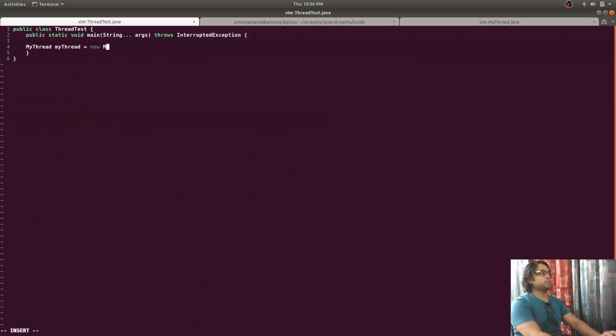Right, the compiler has added a no-argument constructor for us, so we can call this no-argument constructor without any issue. To start a thread, we call the start instance method.